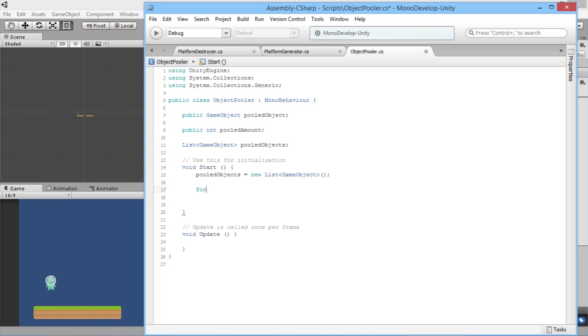So in this situation, we're going to create a new int, so a new number, and we're just going to call this i. So int i is equal to 0. So we're starting with a value of 0, and if i is less than our pooled amount, then we're going to run our bit of code in the middle, and then we're going to say i++. What i++ does is it just adds 1